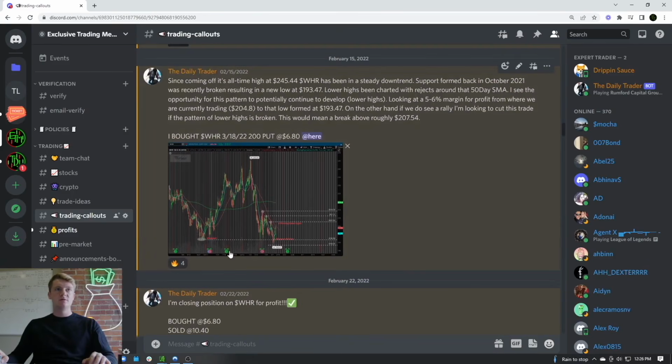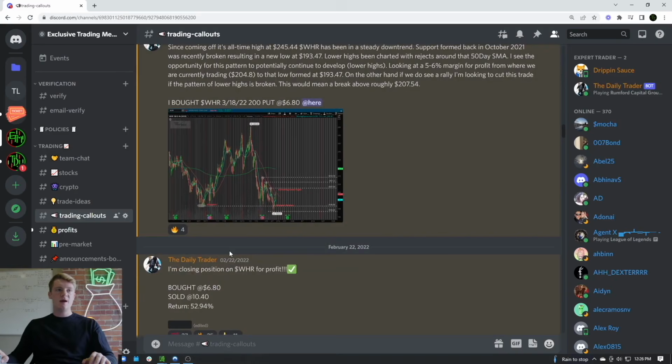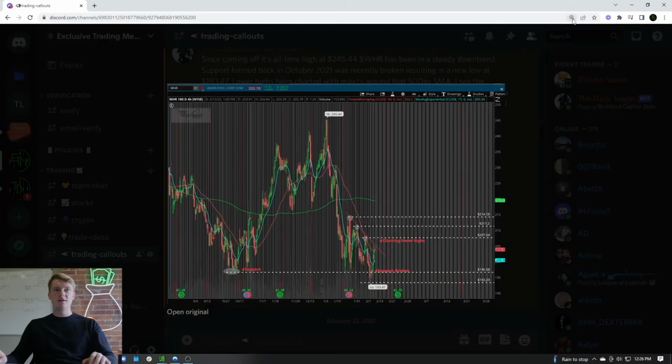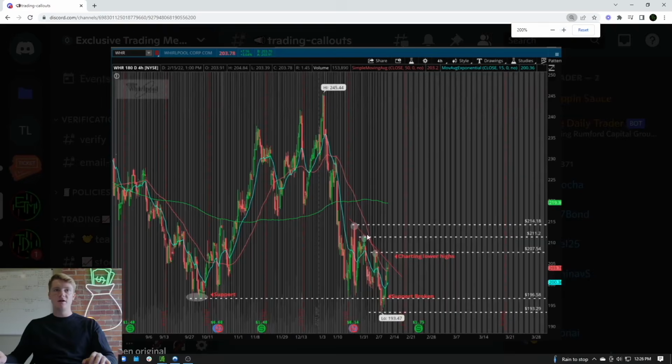So ticker symbol WHR. Took this back in February, okay? I did quite a bit of charting here, a little analysis. You could see a high formed at 245.44. Right away, we could see these moving averages are not being respected whatsoever. So overall direction since that high formed at 245 is bearish. Okay, we've seen a clear pattern of lower highs, and just charting out a basic trend line, we can see